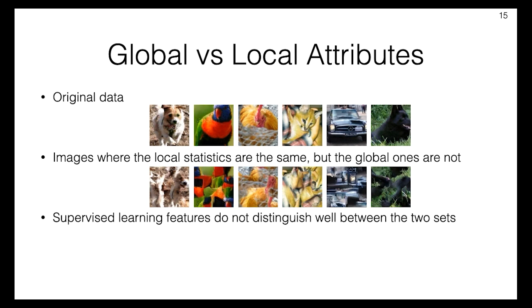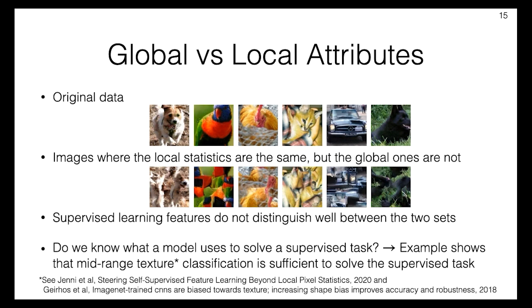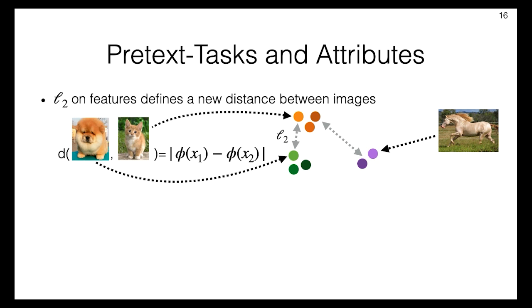So this raises the question, what features do we expect supervised learning to build? The simple answer is that it learns whatever is sufficient to solve the task. If texture is sufficient, then there may be no incentive to learn beyond that. However, we know that features that can discriminate more global patterns generalize better. The pretext task defines implicitly or explicitly what attributes or features can discriminate or be invariant to.